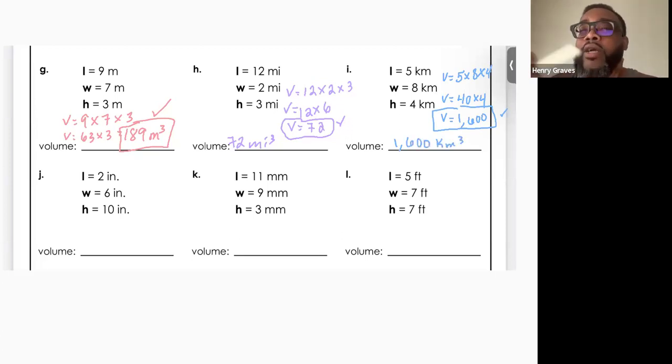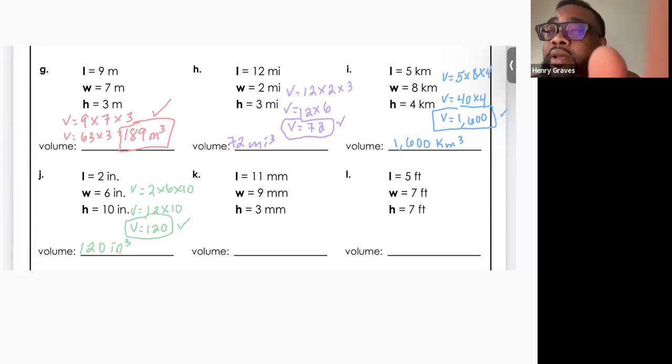On the letter, I don't know what letter it says. This is letter J. My volume of this guy here is going to be 2 times 6 times 10. So my volume is going to be 12 times 10. It's going to be 120. This is 120 inches cubed. Letter K, I'm going to do volume is going to be 11 times 9 times 3. So the volume is going to be 99 times 3. So what I got here, my calculator,